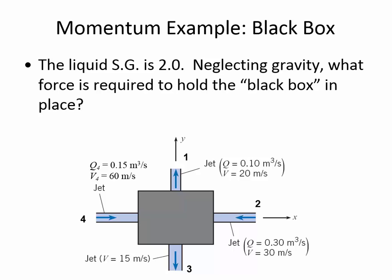what you should always do for a problem-solving strategy is to put a control surface around where fluid streams are changing direction. And as long as you do that, then you can say what's happening inside of the control volume is going to need some external force to hold the system steady, and that's what you're solving with the summation of forces in either the x direction or in the y direction. Okay, so